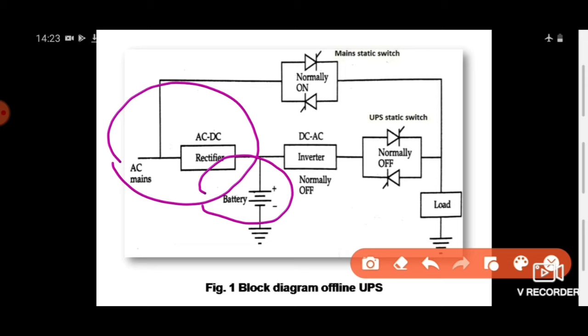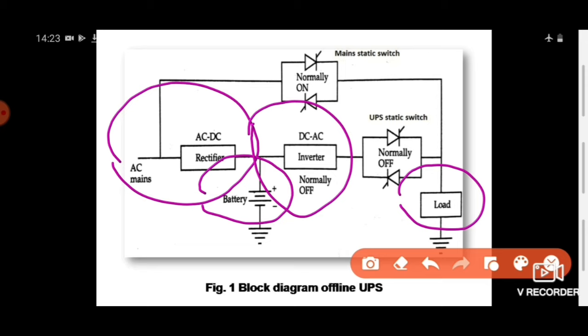What is a battery bank? A battery bank is a number of batteries connected together in order to increase the overall voltage rating of the battery. Then you can see the inverter block. The inverter then converts the DC power into AC power. Obviously, here the load is the critical load. This load is obviously an AC load, that is, this type of load is to be fed by AC voltage.